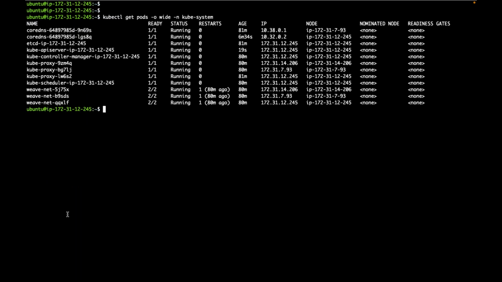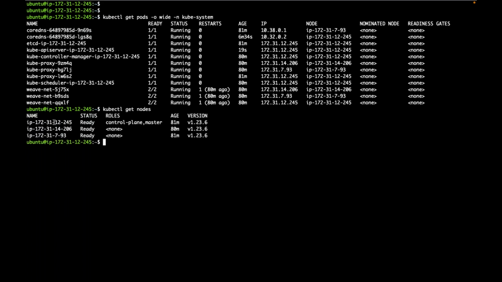Now, is it possible for us to create static pods? Sometimes in the CKA exam, Certified Kubernetes Administrator, they will ask you to create a static pod. How to create a static pod? Now, I want to create a static pod on a specific node. Let's say I have these many nodes. I want to create a static pod on the master, or I want to create a static pod on this worker. How can I create a static pod?